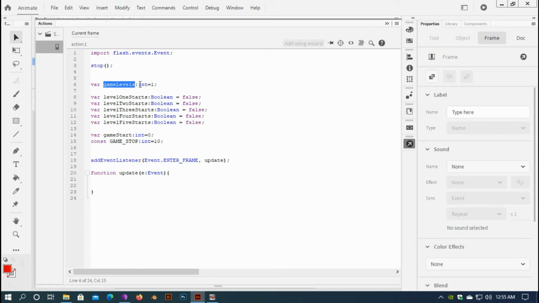I want when this level is 1, I want this level 1 starts to be true. Okay, and for here when it is 2, I want this one to be true, and every time this game start will be increased until it is greater than or equal to this 10. Okay, so here I'll create a custom function by saying